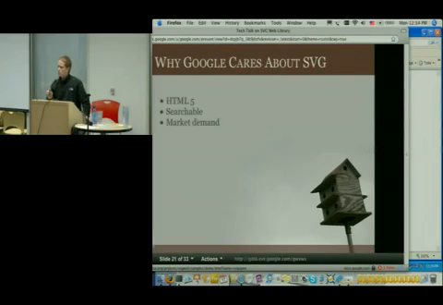So why SVG? Why does Google care about SVG? One of the things that's important is SVG is a part of the HTML5 family of technologies. I'll touch on that a little bit more, but HTML5 talks about how you embed SVG into a normal HTML page. One of the things I really respect about the HTML5 process is you need to show that there's market demand. You need to show that there are some valid use cases for something to make it into HTML5. I like that process. So the SVG folks showed here are some valid use cases where this is important.